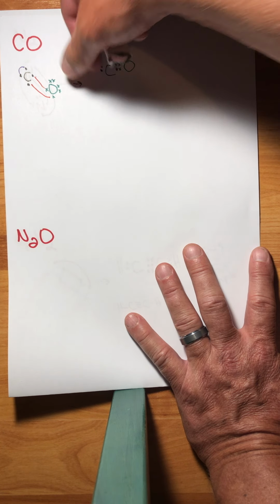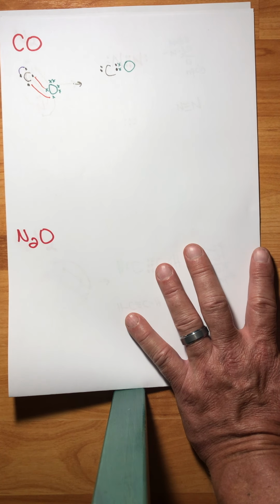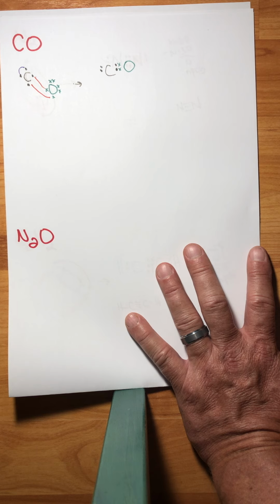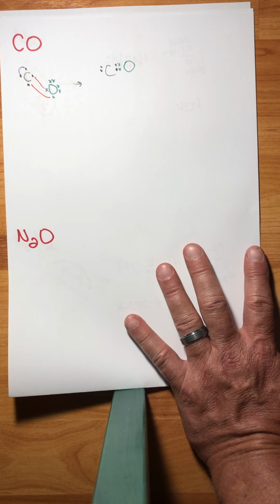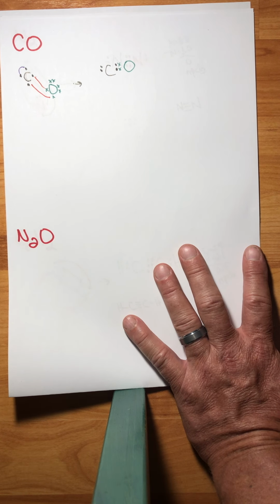I got a pair there, everything's paired up. However, carbon 99.9% of the time needs 8 electrons around it. And this is not one of those 0.1% exceptions. So something has to happen. So what happens here